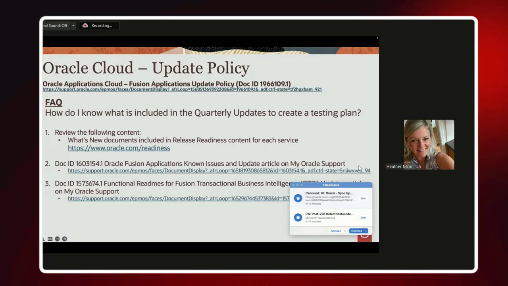But what they do is, you want to make sure that you're testing that top of stack to ensure that you're not going to have any problems. There's also a known issues article that you can download that gives you an understanding of things that